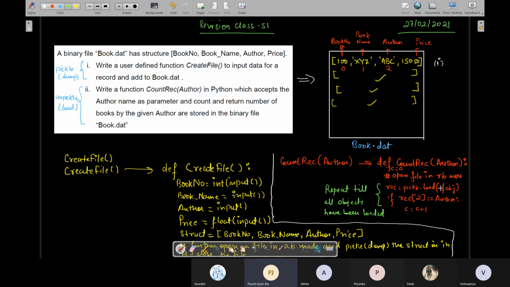Every time you will have to load one record, check if its second element contains the same author name. If the author name is same, the counter that you gave in the beginning should be increased by one. Keep doing it until all the records have been fetched out or loaded. At the end of that, after the loop, the final value of C will give you the total number of such records in the file that were pickled, which were having the author name as whatever was passed in the